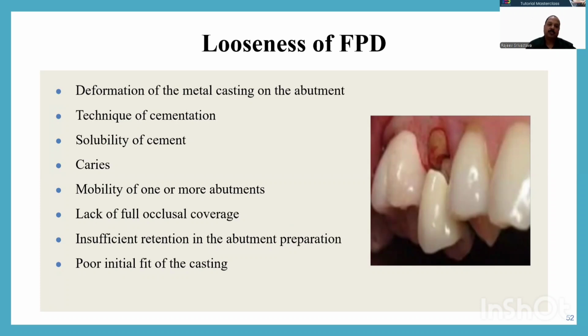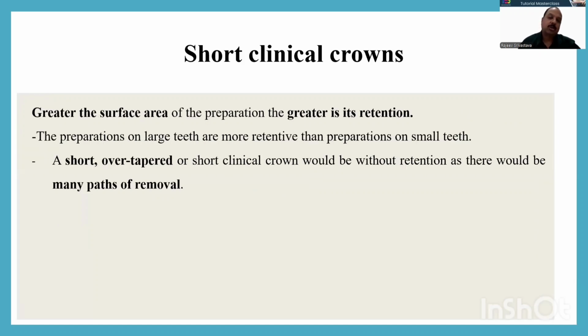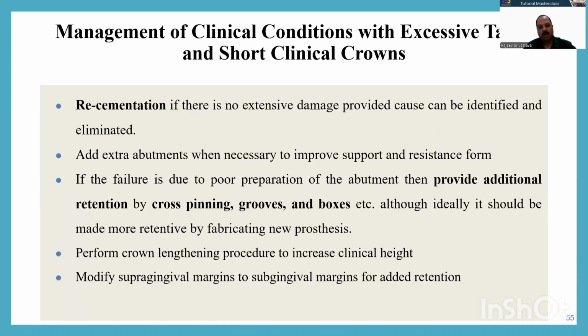Okay, in cases where you have given a partial coverage retainer, insufficient retention of the abutment preparation, or poor fit of your castings. So how can you correct it? You can correct it with proper tooth preparation, that is your parallelism, the 10 to 12 degree should be maintained. In cases where the tooth length is less, you can provide additional retention features to the crown, that is providing grooves and boxes, or extending the grooves from